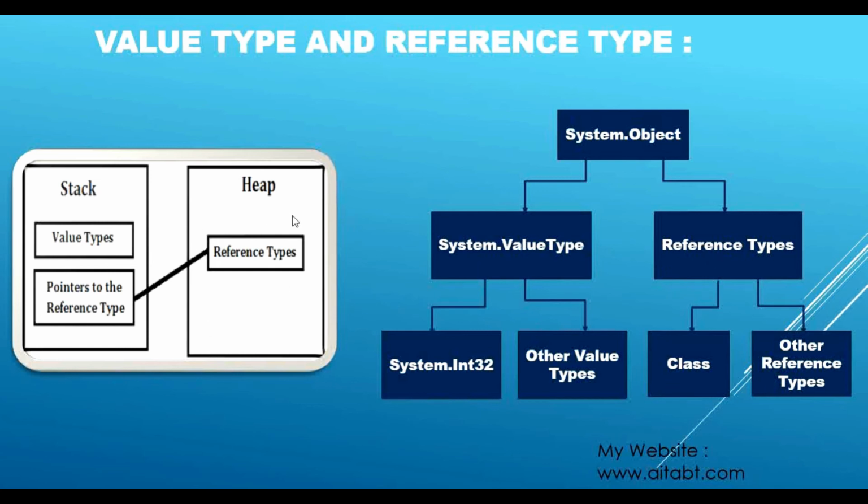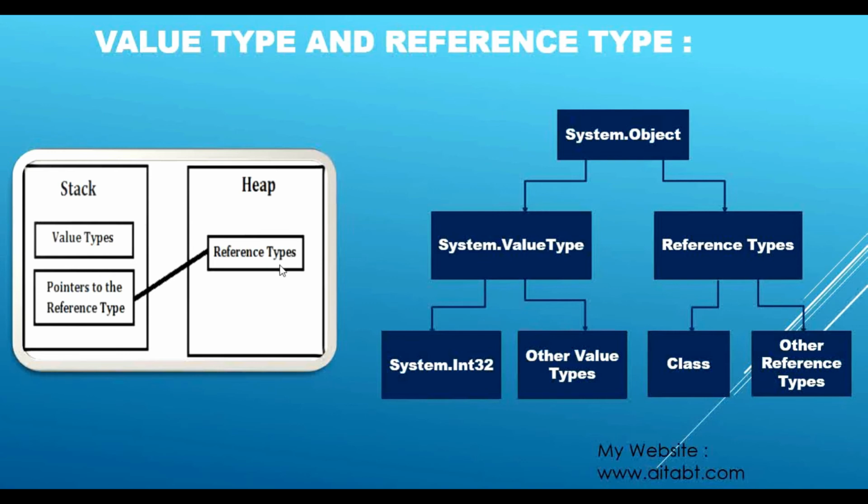Okay, and now we know these reference types are always stored on the heap memory of the machine. If you are not aware of what stack and heap are, it is a very basic mechanism of the computer system. A computer system has two memories, stack and heap. There is some type of data that is stored in stack and some type of data that is stored in heap memory. I have told you that value types will always be stored on the stack, and the reference types, that are objects.